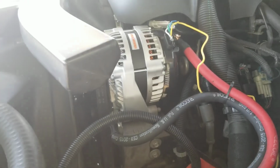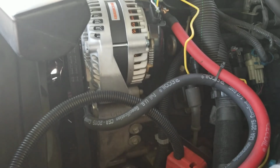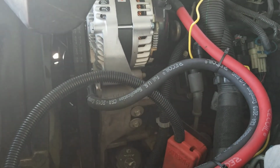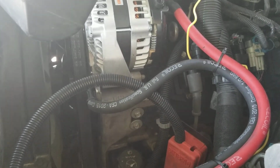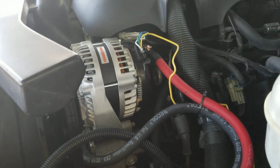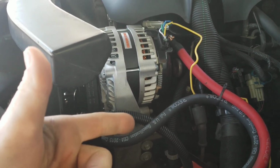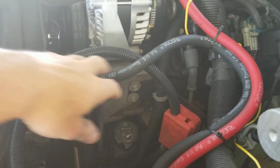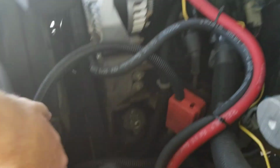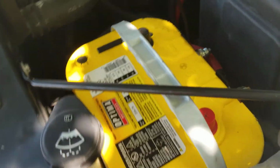And I also did what they call the Big 3 upgrade because you kind of need to because of the amperage this alternator puts out. When I bought this Tahoe years ago, it already had a sound system in it, so typically on the Big 3 you upgrade your ground to the body of the chassis and then the engine, and then upgrade your power wire. As you can see here, I just upgraded these two cables because this right here is a ground from the audio and it's grounded down. Now on the frame I can't really show you, but while I was at it, I got a new battery,